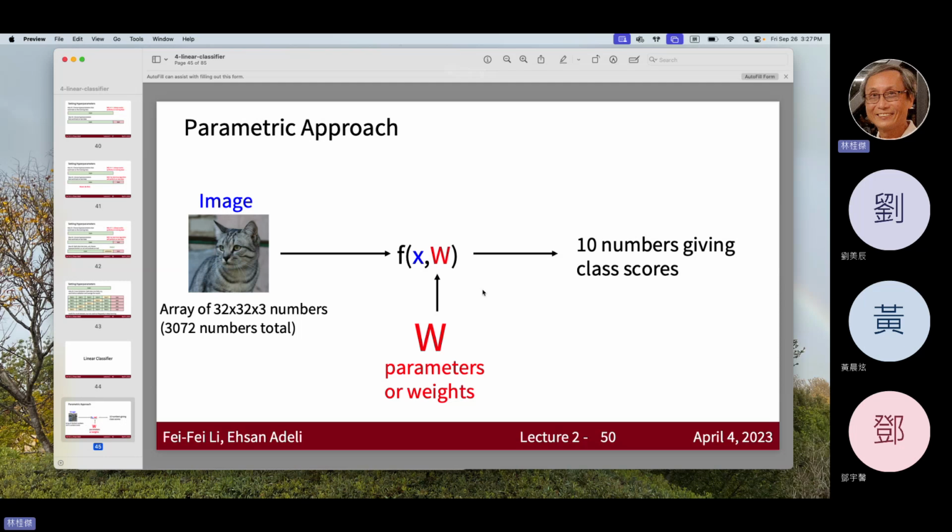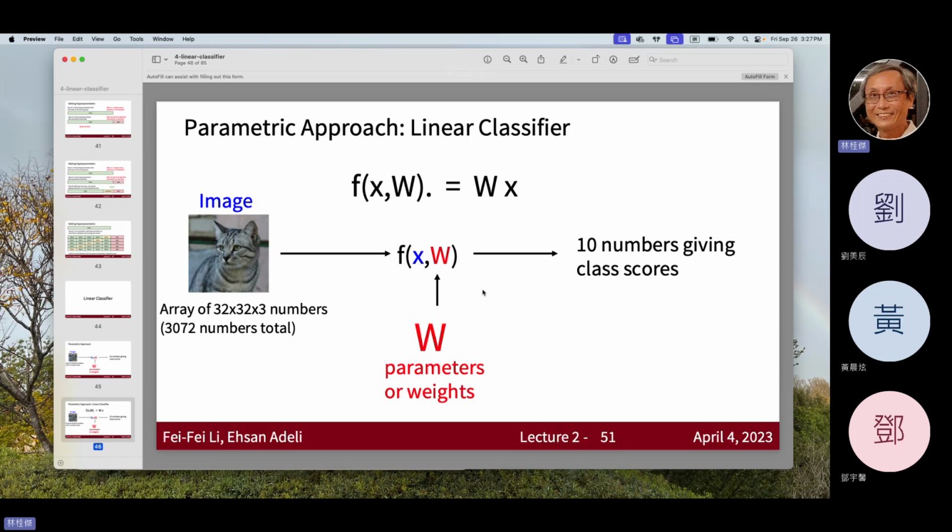This will be even better, right? Because now we are not relying on human knowledge or human ideas. We just simply give it to the computer and say, okay, try to do it, okay? And so this is what we call a linear classifier, a parametric approach, where we define this W, and then we simply say, okay, we're going to have this original input, which is going to come into this model here, okay,